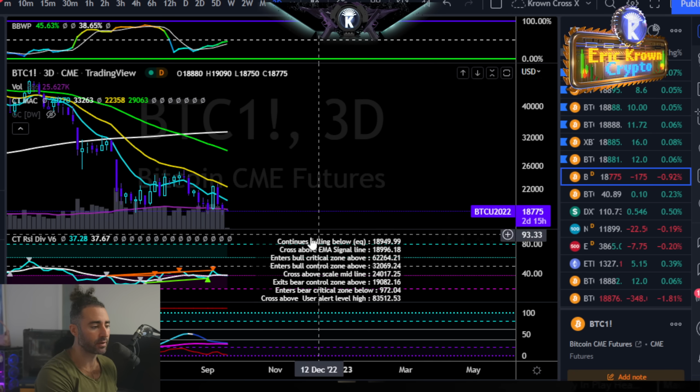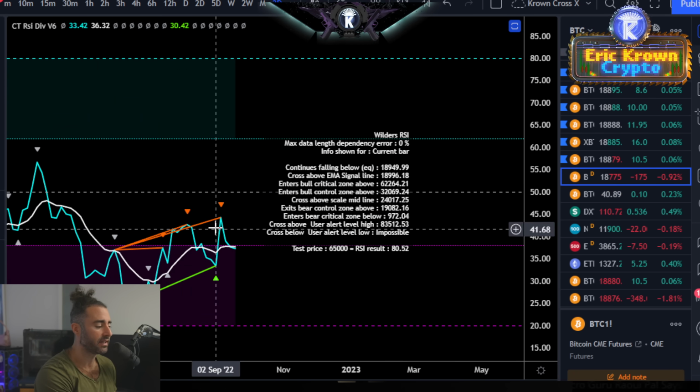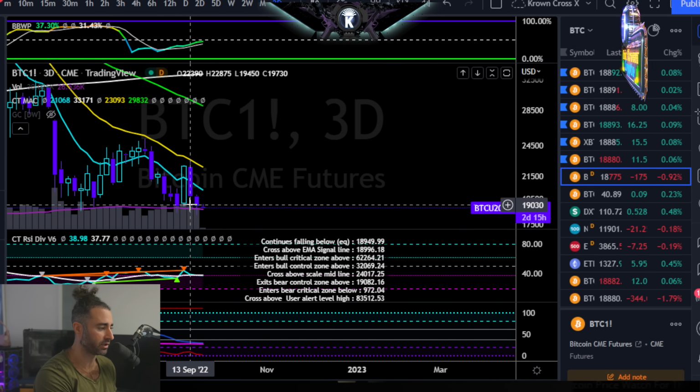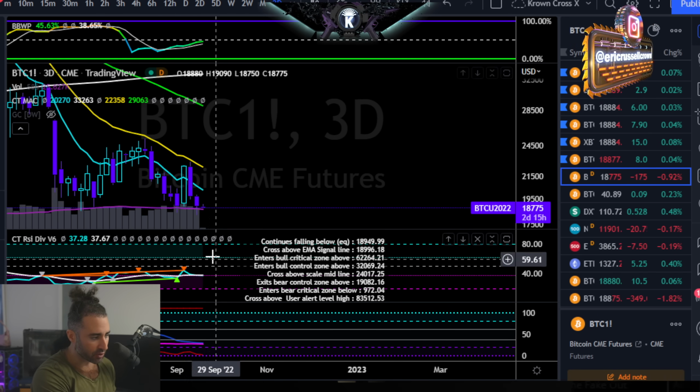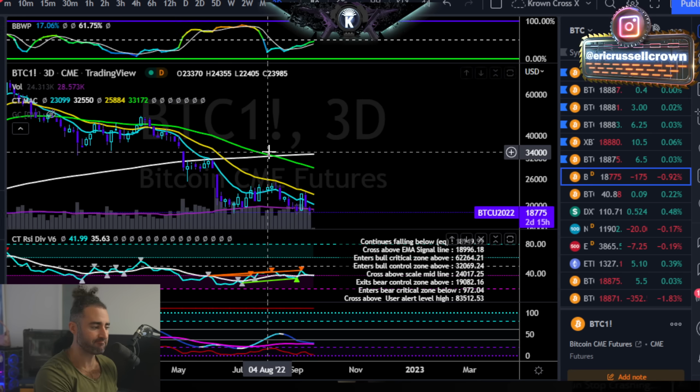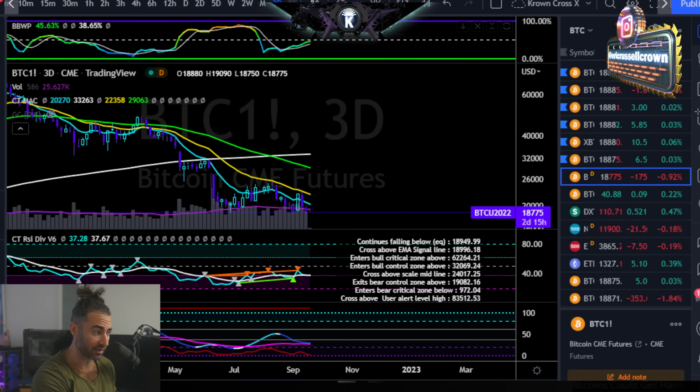And the 3-day time frame just closed last night on CME, and it did confirm 1, 2, 3 drives of hidden bearish divergence with that closure below the last 3-day low. So with the 3-day RSI confirming that and also breaking back into the bearish control zone, I would look at this as more likely to break down as well.